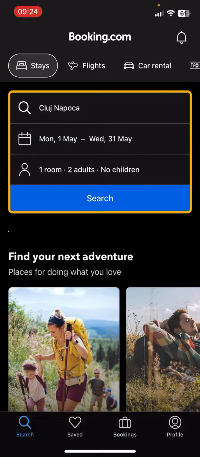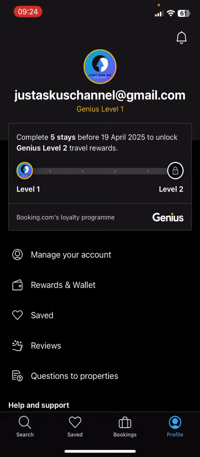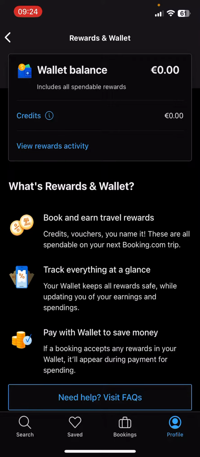First, open the app, then click on the profile option at the bottom of the screen, then click on the rewards and wallet. So if you book something like a hotel room or a flight, then you will be able to earn travel rewards, and you can use those rewards for other bookings, and you can pay with your